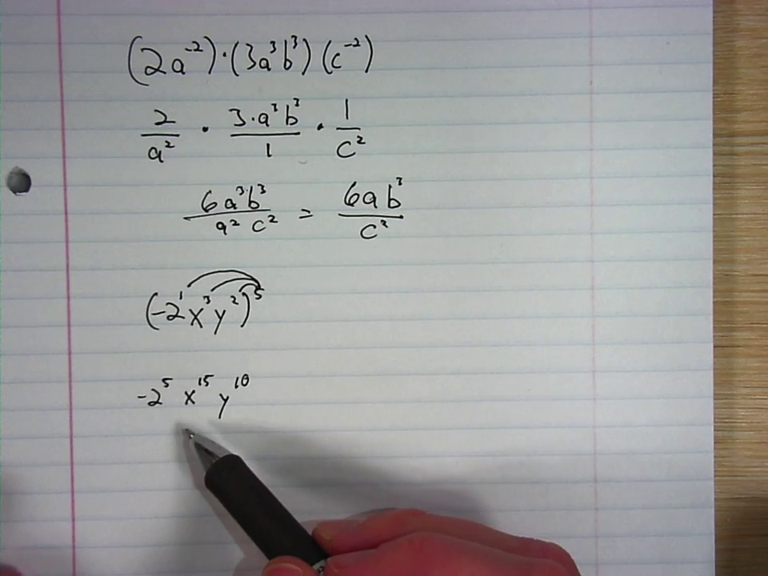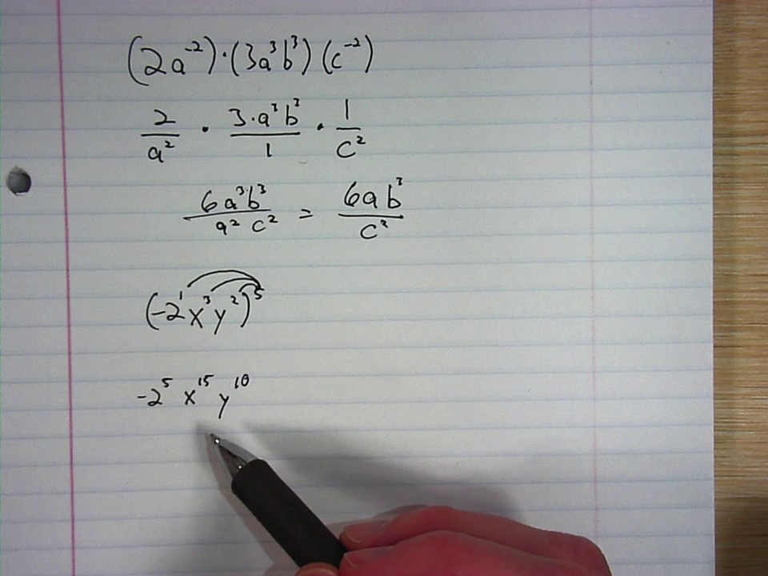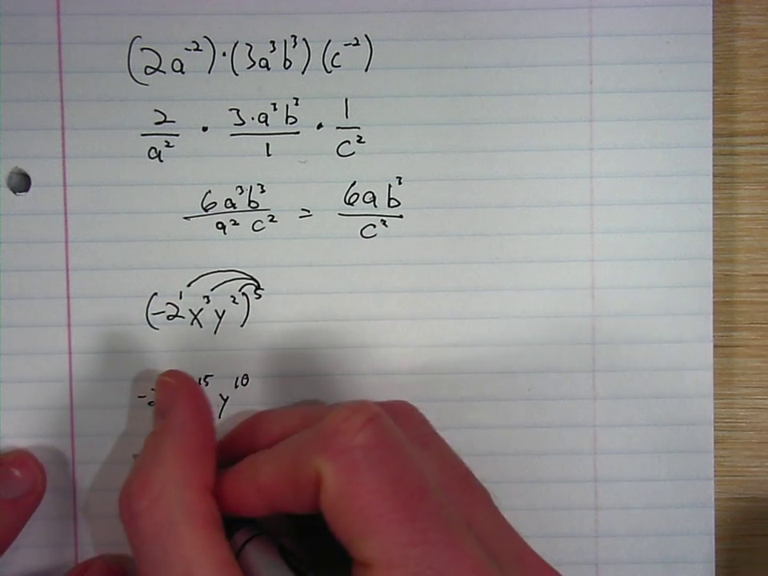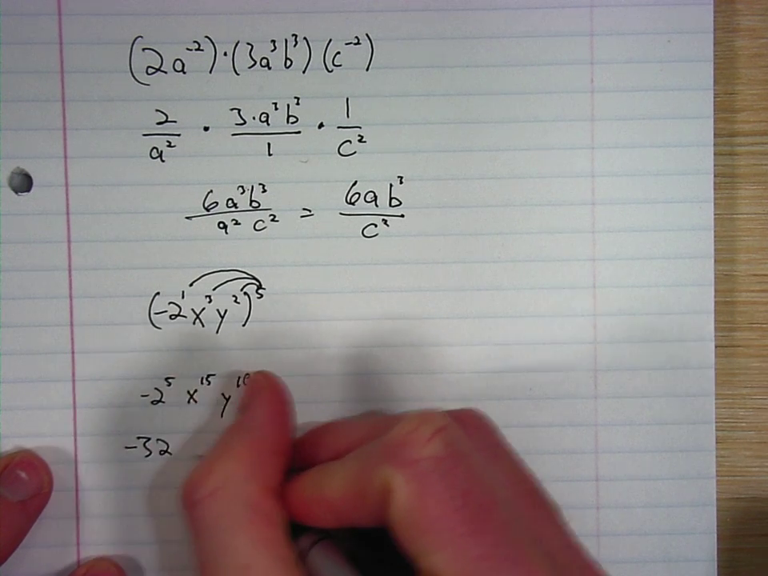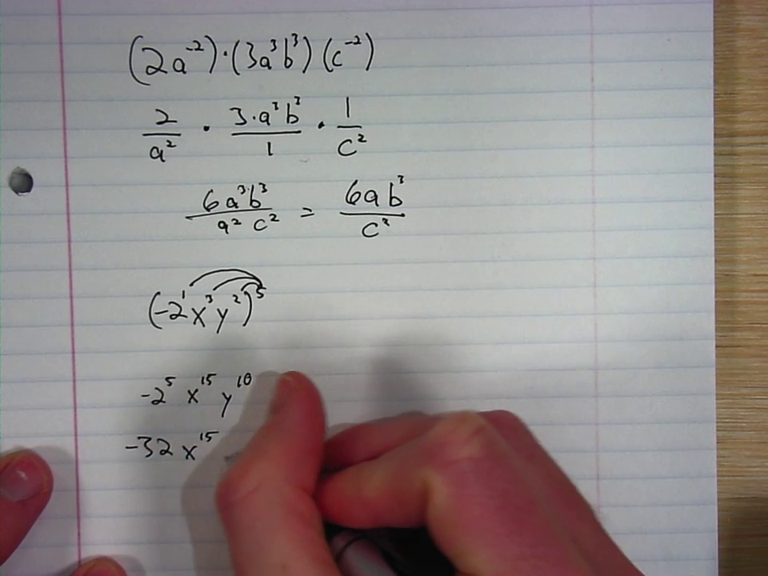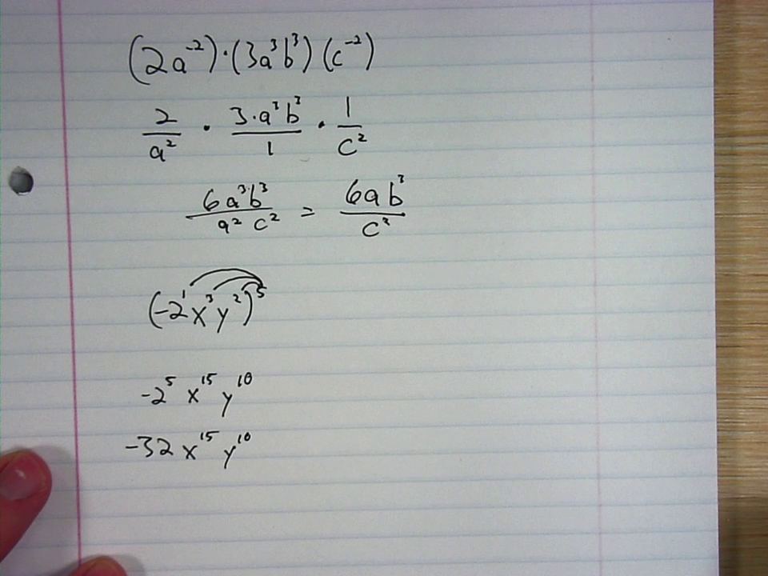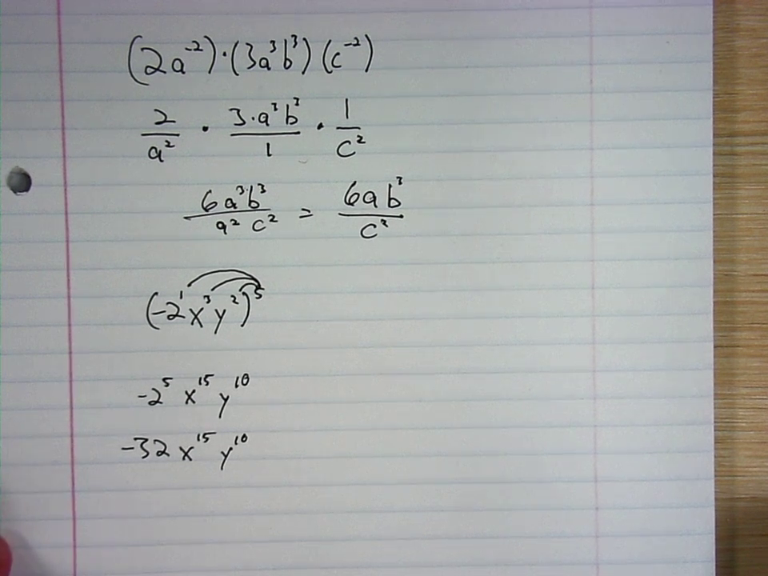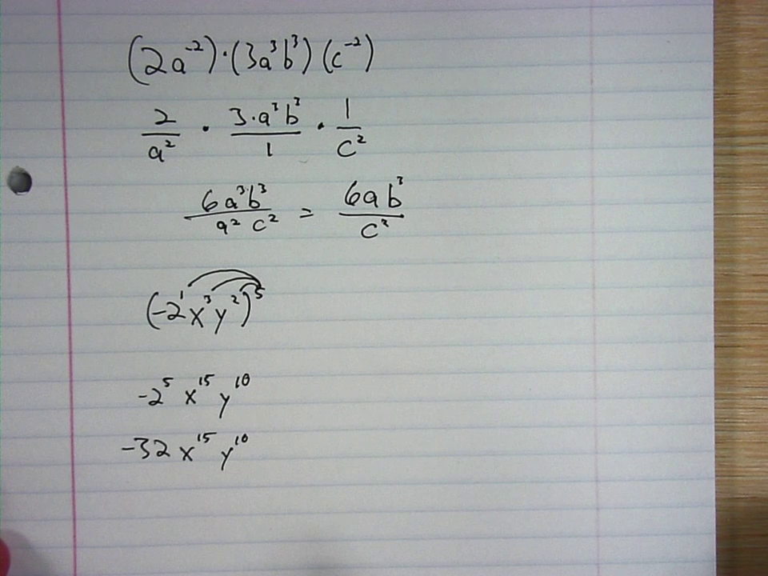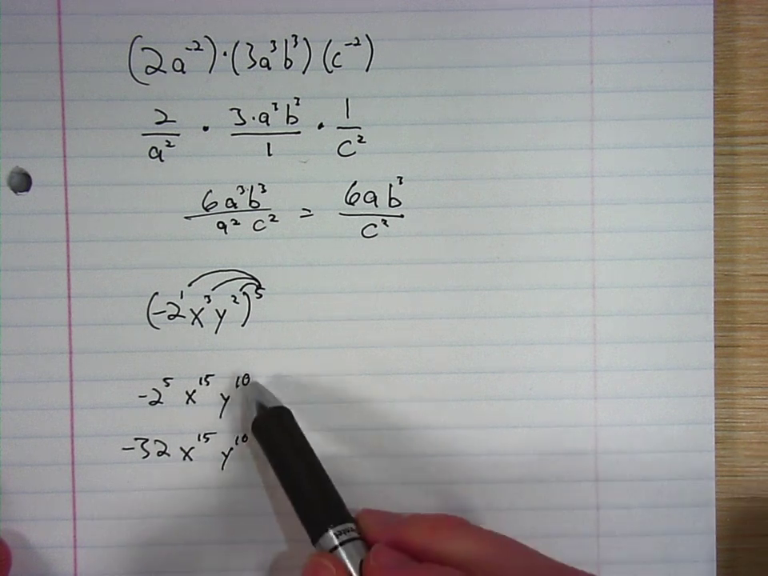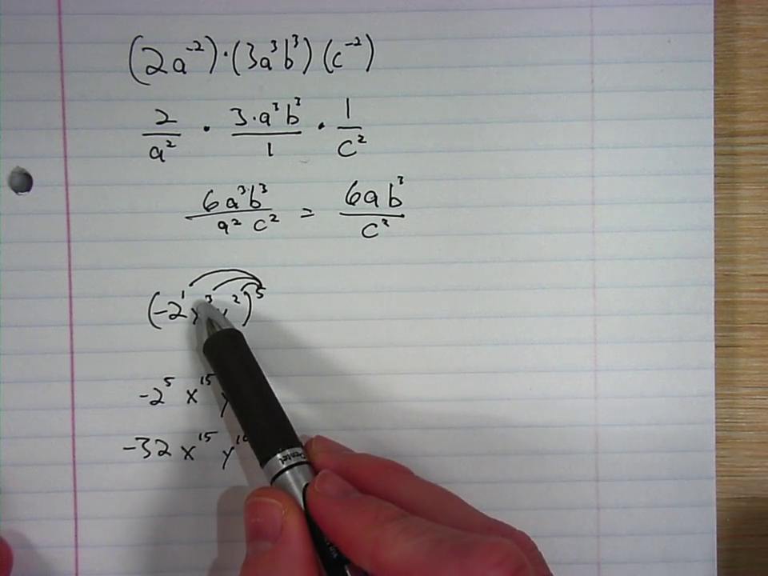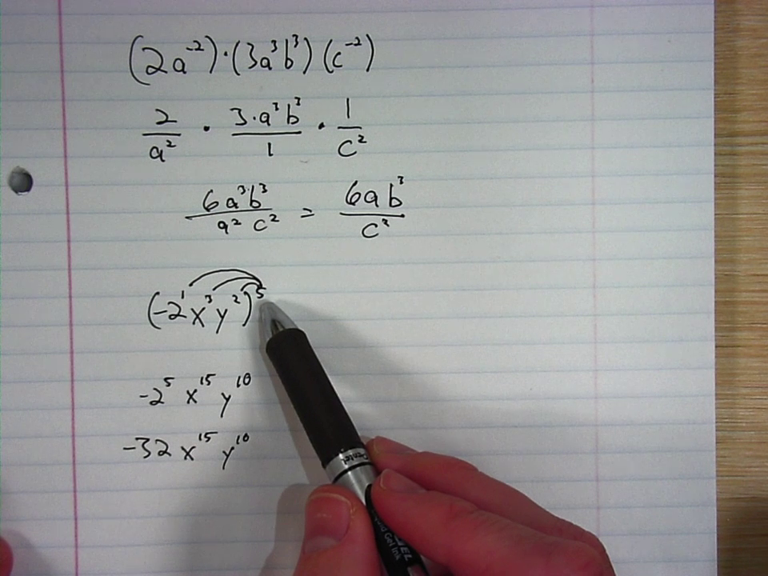Negative 2 to the 5th. 2, 4, 8, 16, 32. It's going to be a negative 32. That was a good one there with our power of a power property. Let's see if we can do one with